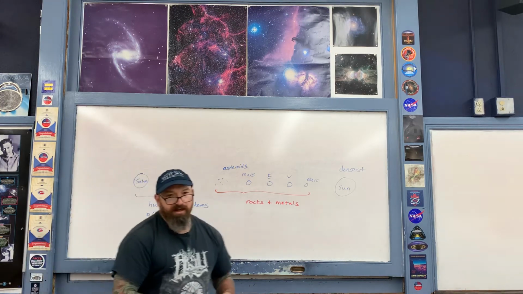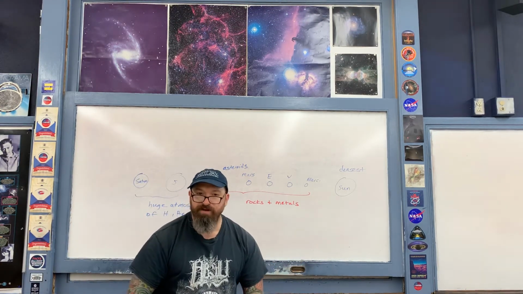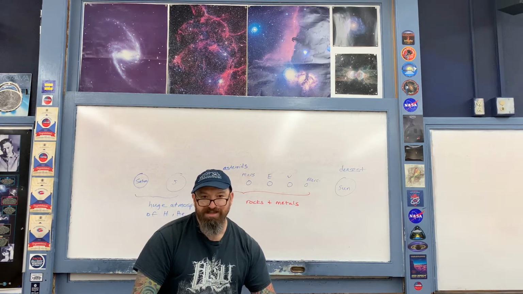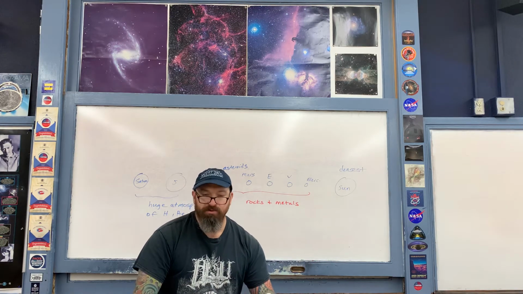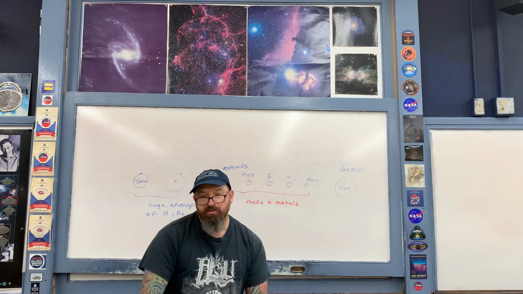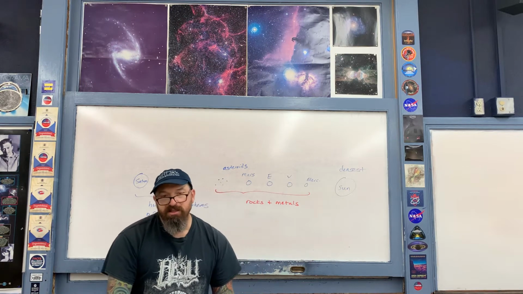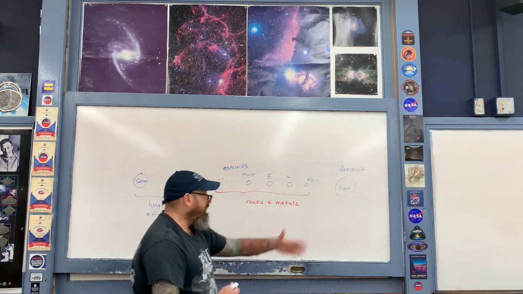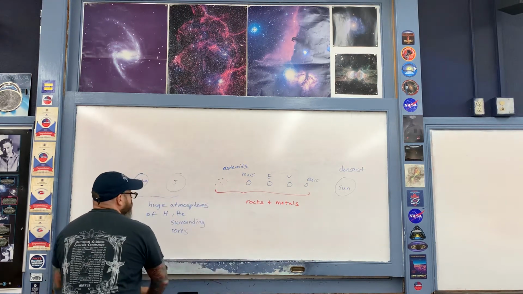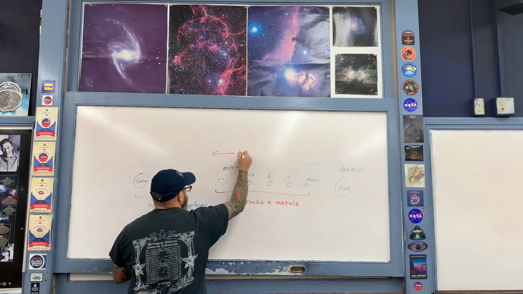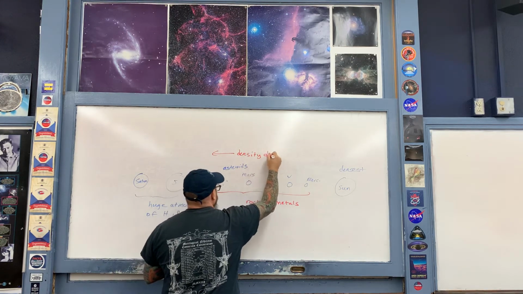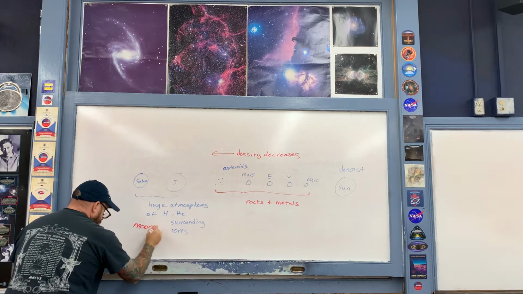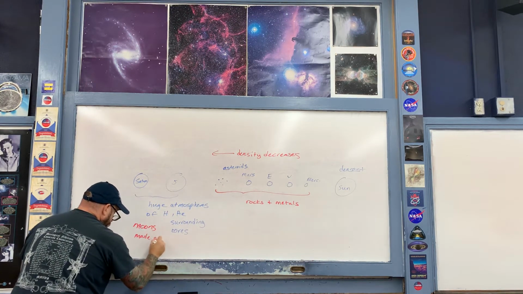And then each of these planets has a huge retinue or family of moons. Most of those moons are basically made up of rocks and ice, some metals, but rocks and ice. It's cold now in the outer portion of the solar system, so ices can easily form. Once again, in general, the density is going down as we move in this direction. So as we move in this direction, the density decreases. And then we have, for these objects, the moons made of rocks